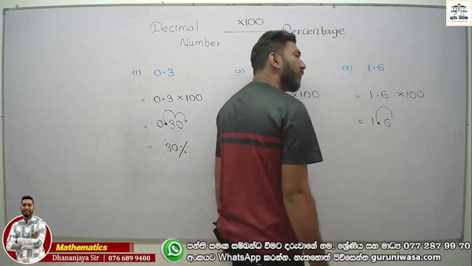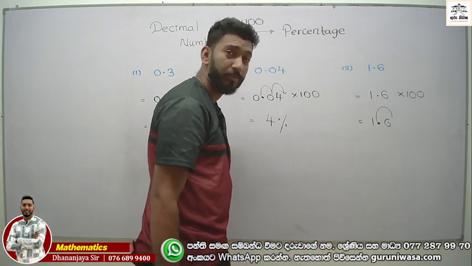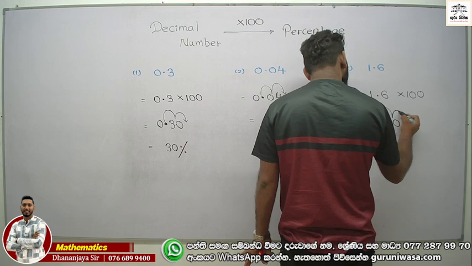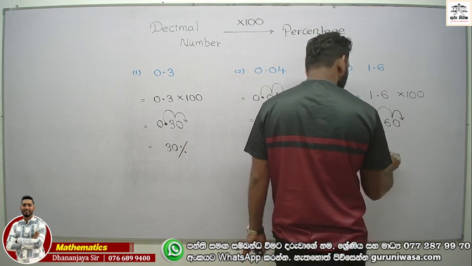We moved 1 place. Now how to move? There is no number. Therefore put the 0 here and move. Now the answer becomes